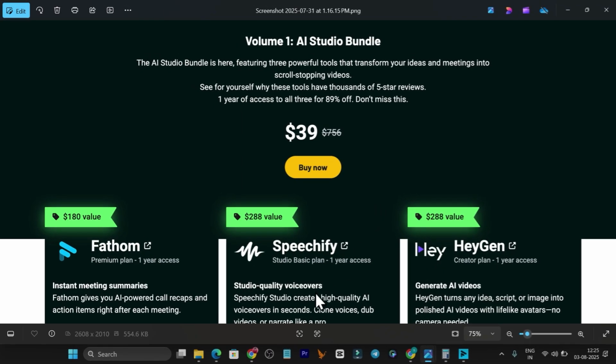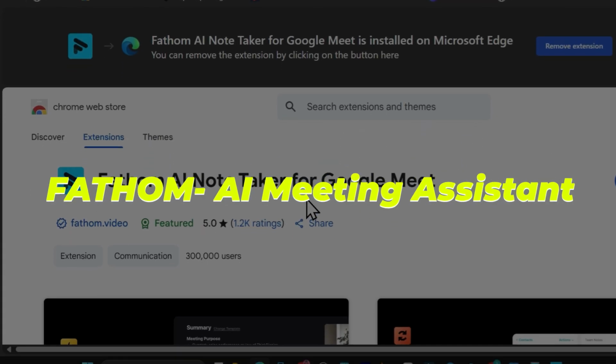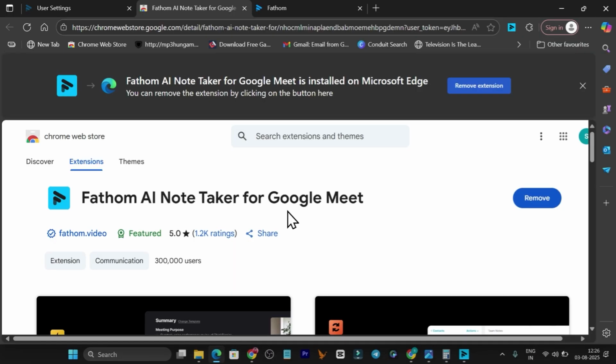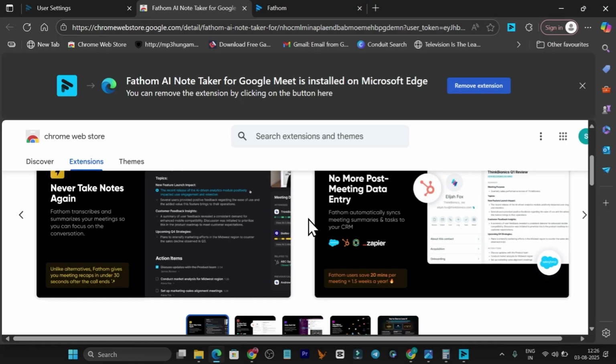Now let me talk about the second tool, that is Fedum. With Fedum, this is an AI note taker that you can use anywhere, whether it's your Zoom meeting or your Google Meet, or you simply provide the meet link. In place of you, this AI is going to attend the meeting and get the summary of that meeting for you. It will get the notes, and those notes will be stored in this platform, and after that you can use this stored data of the meeting to share, embed in your website, or use with your team here. So that is the power.